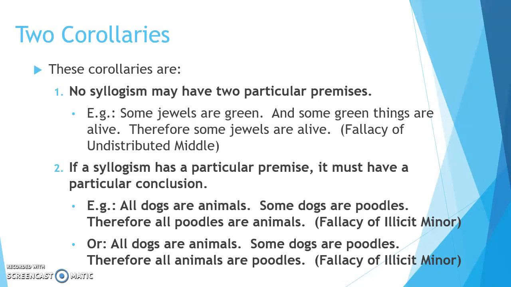Krefft also gives us two corollaries to these six rules. Why are these corollaries? Because actually these don't introduce any new rule. These particular corollaries are already covered by the six rules, but they give us a shortcut. They allow us to see that an argument